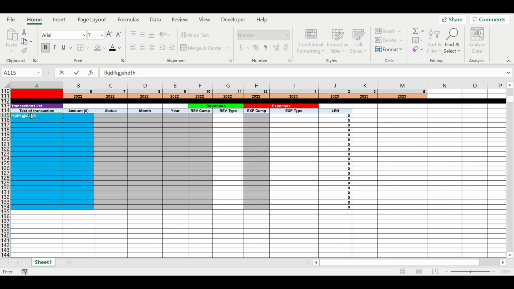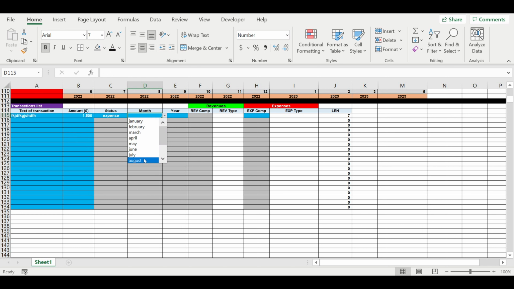We just type the name of this transaction, then we set up, for example, the amount. Then we have to specify whether it is revenue or expense. For example, if it is expense, then we have to specify the month, and Microsoft Excel just guides you through the steps you have to do to correctly enter the data. For example, it will be September